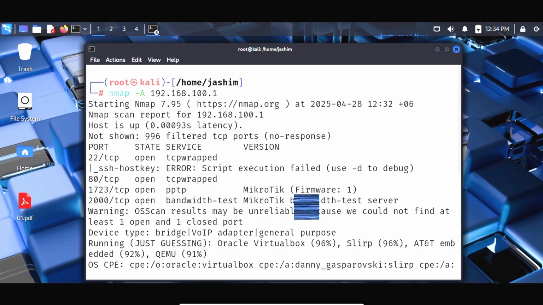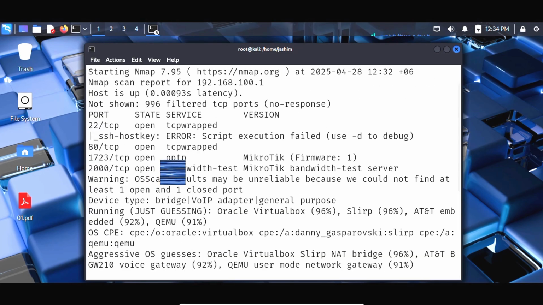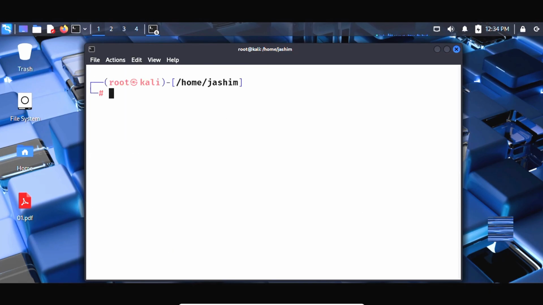Those are most essential for every cybersecurity analyst or ethical hacker. This is the IP that is assigned to the router. Now all the information is available here on this router, so it is very crucial information gathering for the router. So I am going to another command,